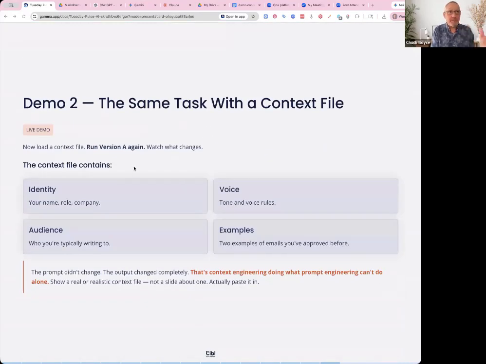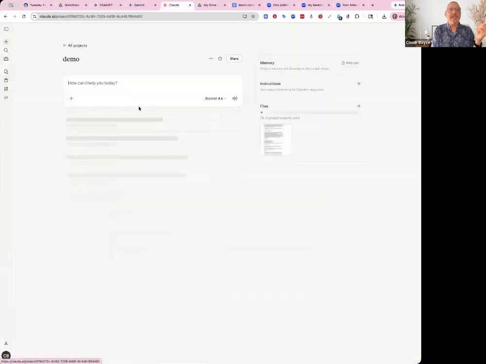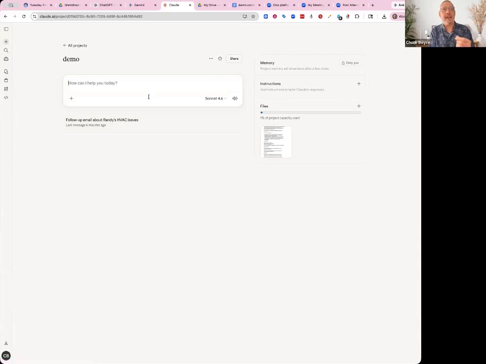And so with a context file, as I was showing you with Claude in this demo, with having a conversation with Randy about his HVAC issues, with that context file, it actually started asking more questions.